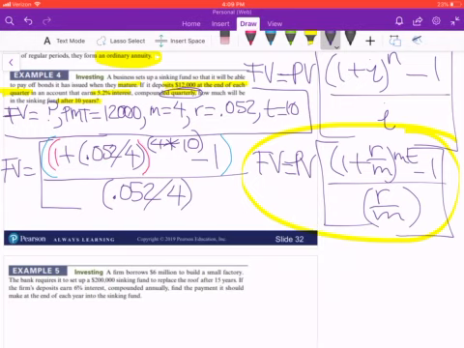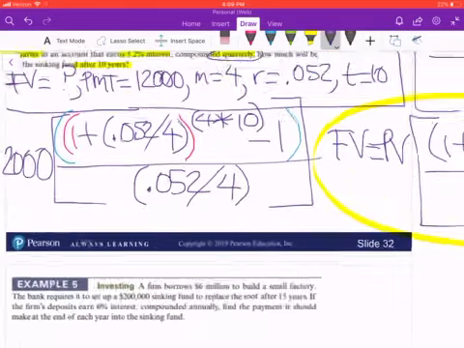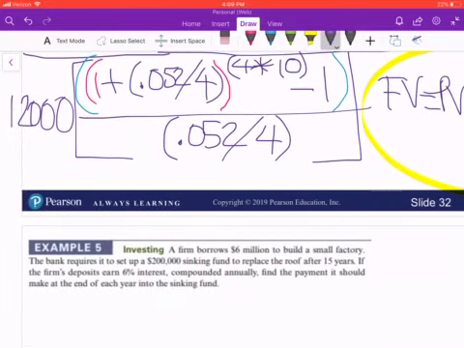Close the parentheses, and then we will need a final one to close the bracket. Actually, I forgot to include the payment here, so that should be multiplied by 12,000. So to enter this on the calculator, it will be 12,000 for the payment,